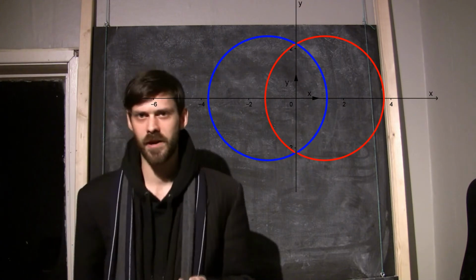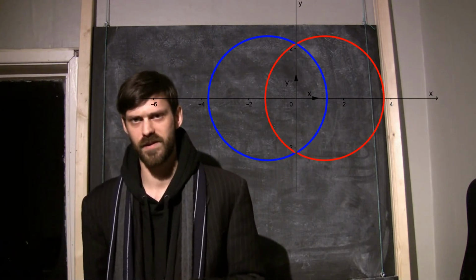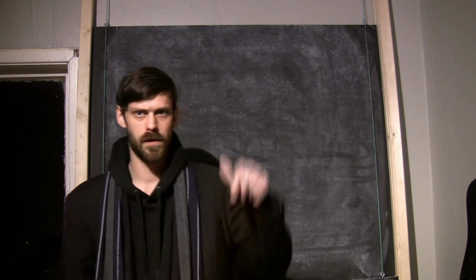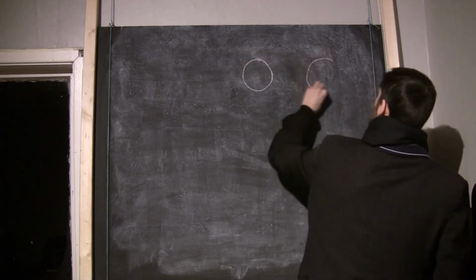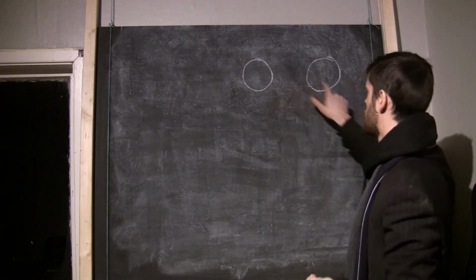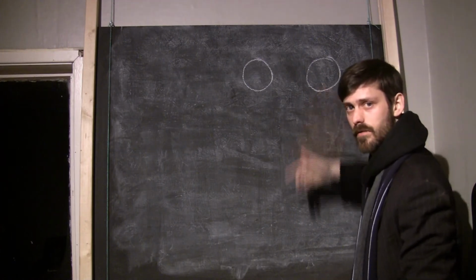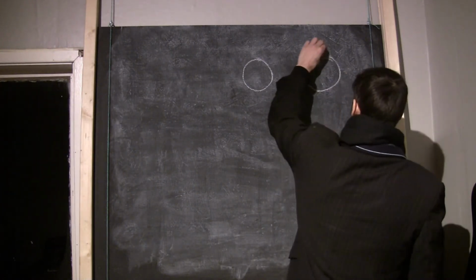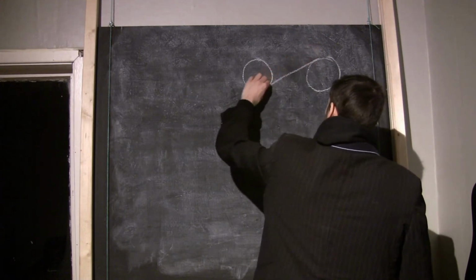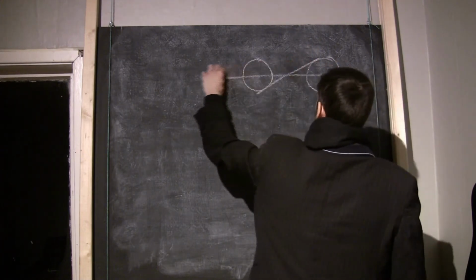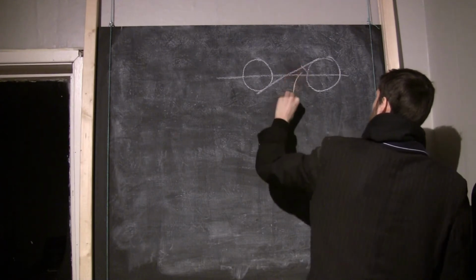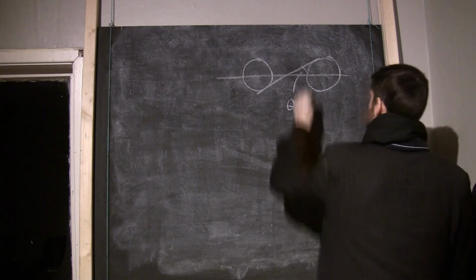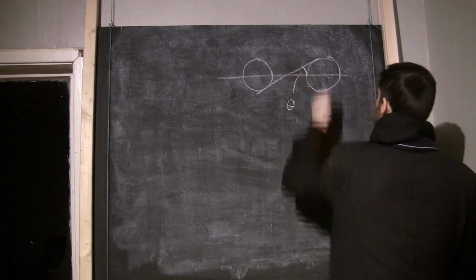To show that this is the case, I constructed my own argument based on Anton Hirsch's treatment, the link in the description. So, if we now have these two as the circular cross section of a torus, then the inner tangent, I'm just going to eyeball it down through the x-axis. If we name this angle right here theta,